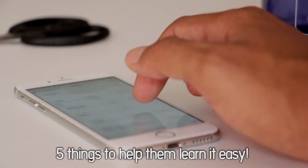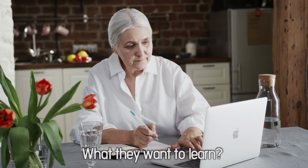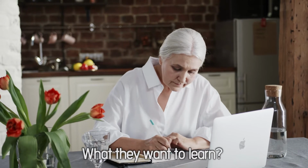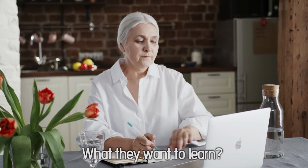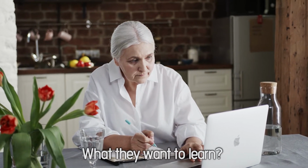Here are 5 things that you can do to make their digital journey a swift one. Starting with number 1. Ask them what they want to learn. What you would want to teach them might not be the thing they want the hang of. So rather, ask them to make a wish list of all the things that they want to learn on their